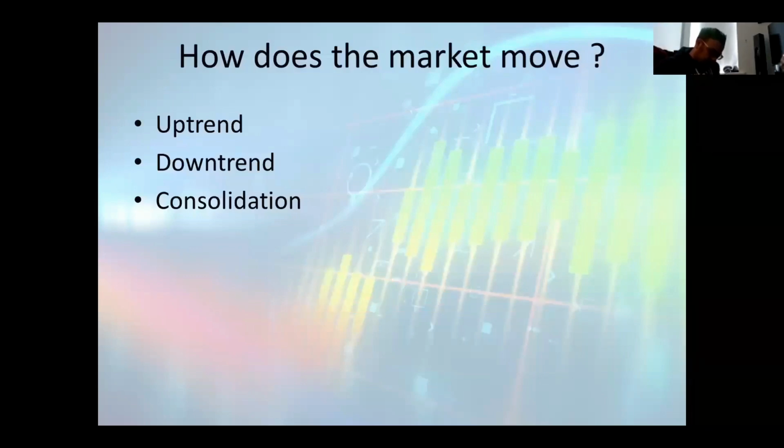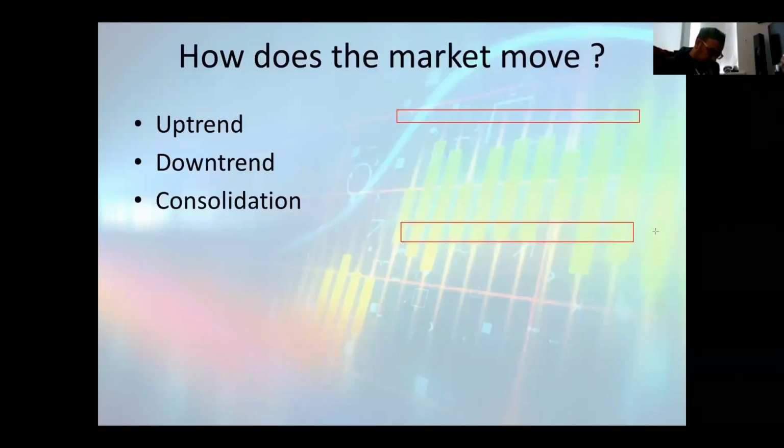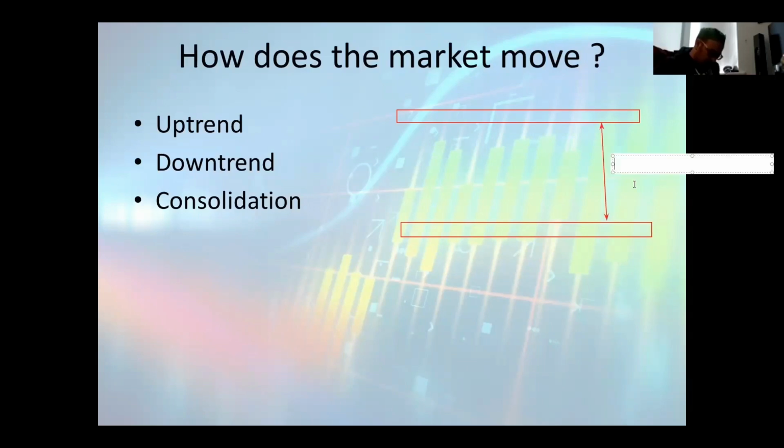Let's say we have a resistance and then we have a support, right? And let's say this range is around 25 pips, right? And price is moving within this range, like this, like this, like this, price moving within this range. So now if someone gets a bright idea that they want to take a